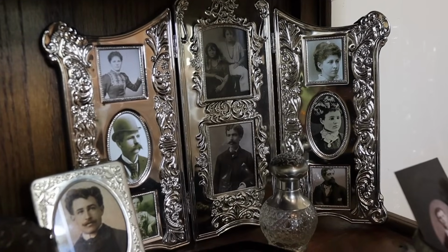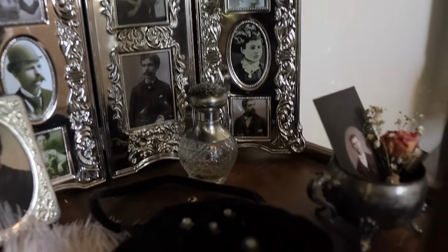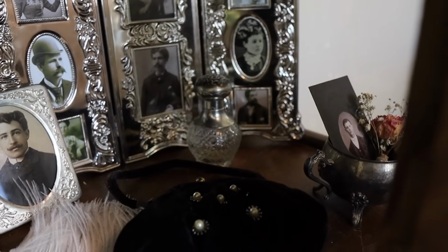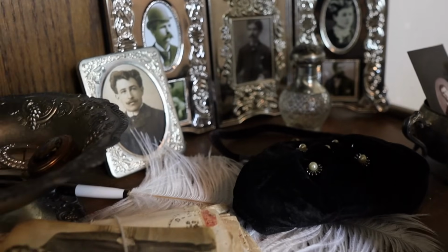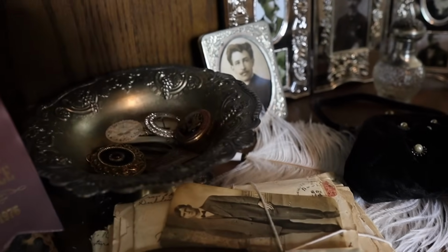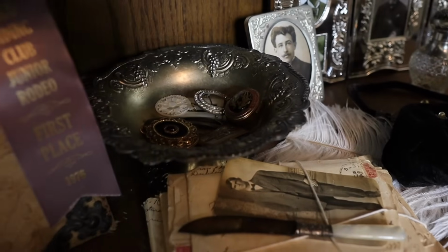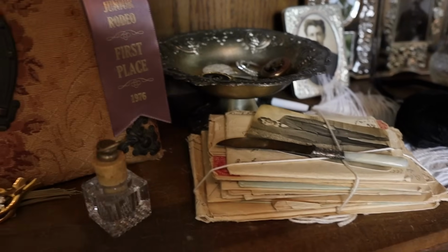And on this bottom shelf, here's that frame I was mentioning that I used the Tim Holtz photos for. And you know what, I think I actually want to add some gold rub and buff to this because it's just a little too bright of a silver for my liking, and it doesn't really have any patina like I would prefer. But anyways, over on this other corner, I have my 2 Victorian photo albums, and I love these things so much,